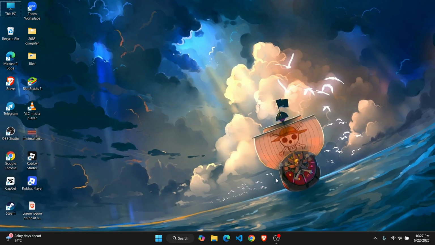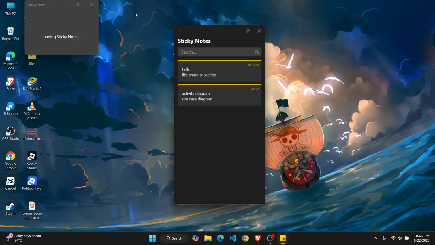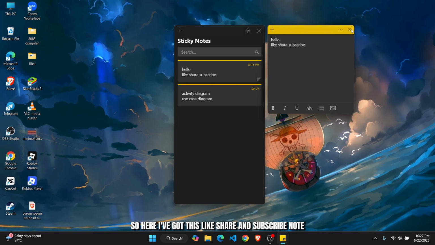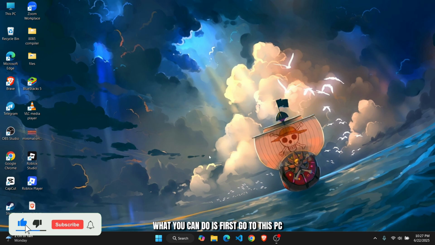Hey everyone, in this tutorial I'll show you guys how you can easily backup your sticky notes. So the first thing you're going to have to do is open up your sticky notes app, and once you load up your notes, you can add or delete any notes from here if you want. So here I've got this like, share, and subscribe note. So if I just close this out, in order to back it up, what you can do is first go